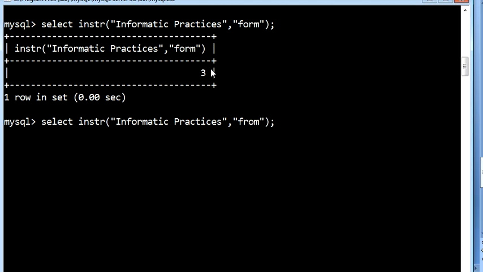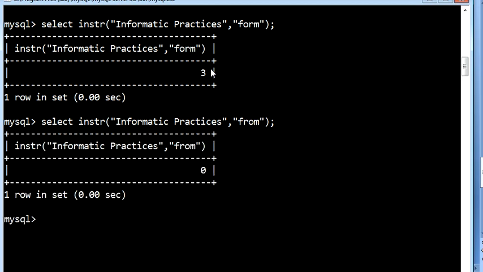Is the word FROM available in our first given string? No. So what does it return? A 0. So what do you understand from this? Whatever substring you want to search in the given string, the whole word should match. Then only does it return the index position where it starts. If it is not found, it returns 0.